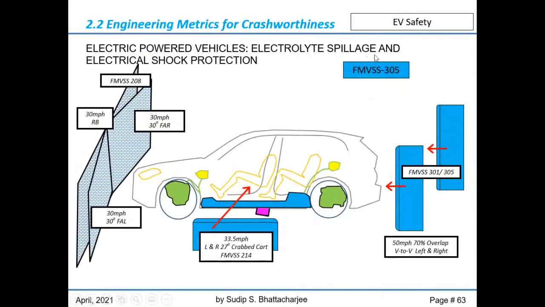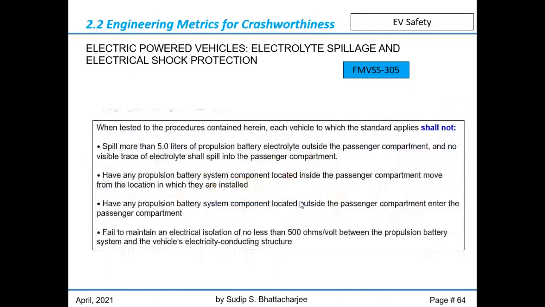Moving on to the next phase, electric vehicle safety, or EV safety. This is FMVSS 305. FMVSS 305 includes those rear impact tests from 301. It also includes the side impact tests. It also includes the front impact tests against the rigid barrier and the angular barriers. All these test modes are included there, and there are some performance criteria defined for the electric propulsion system, which